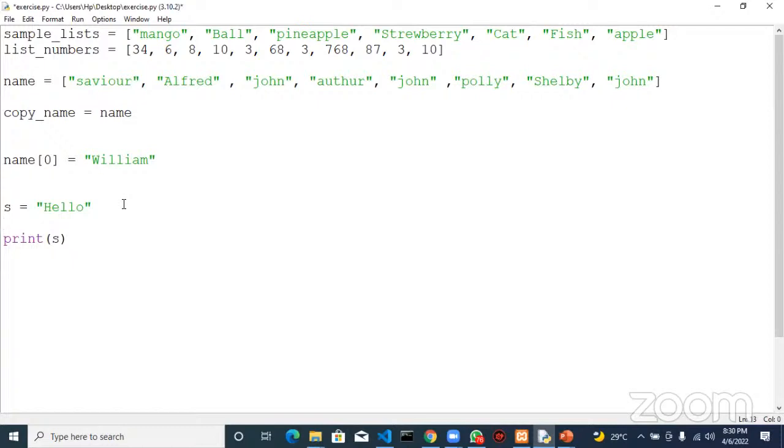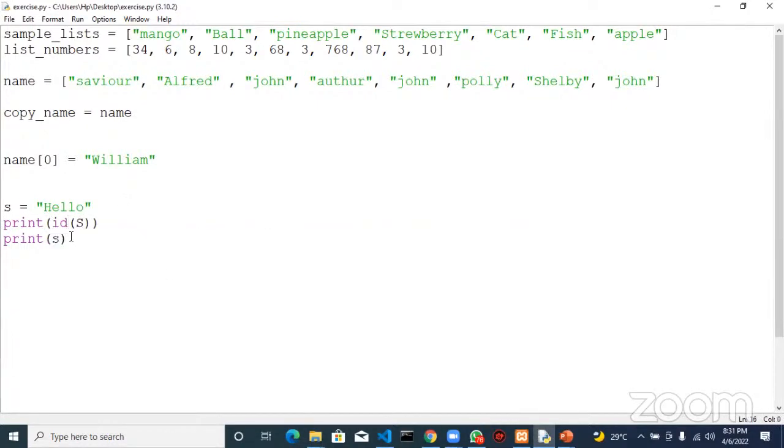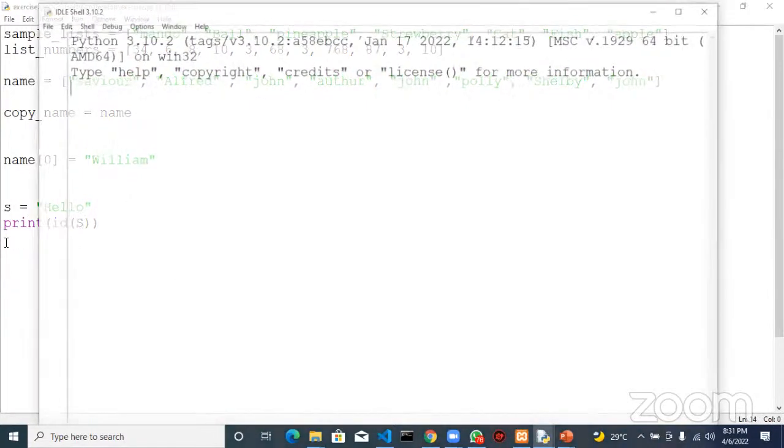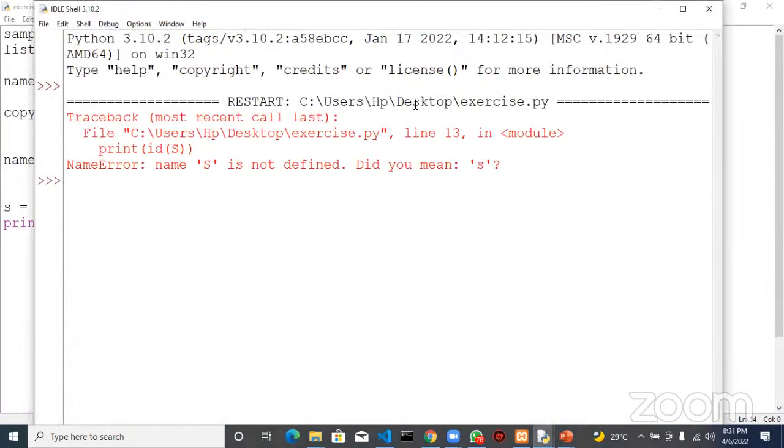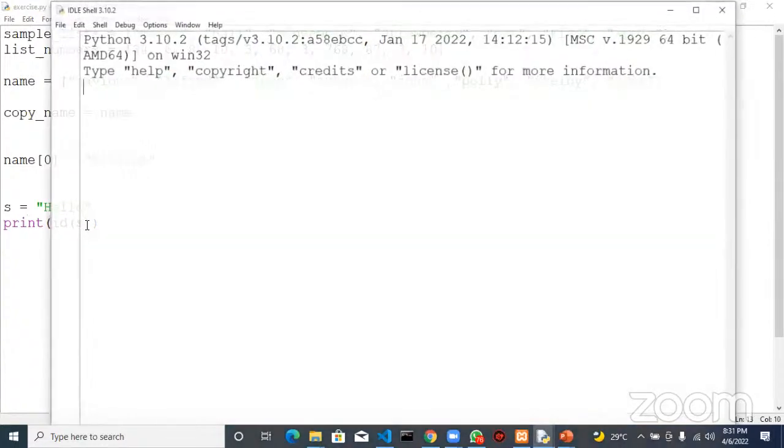The id keyword is used to know the integer object of a variable. If I print the id of s, small s, not big S, and then execute this,